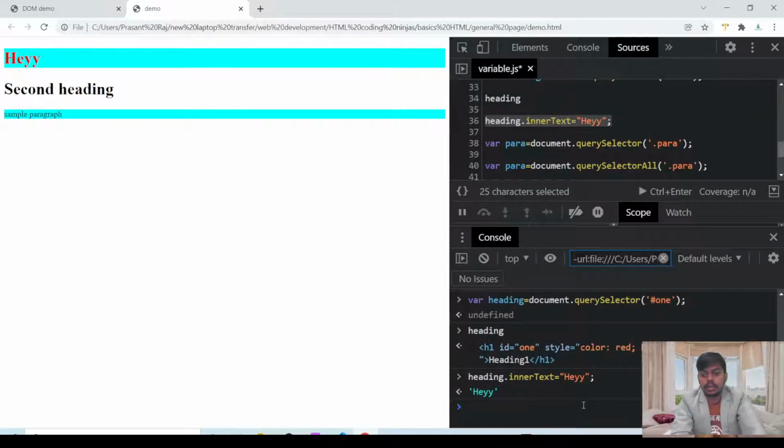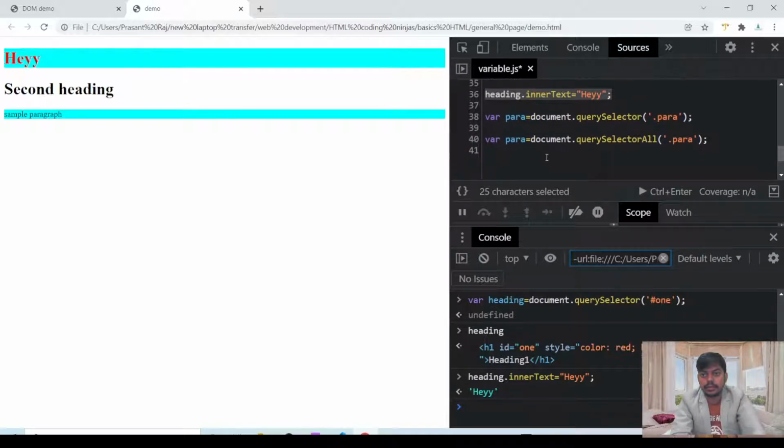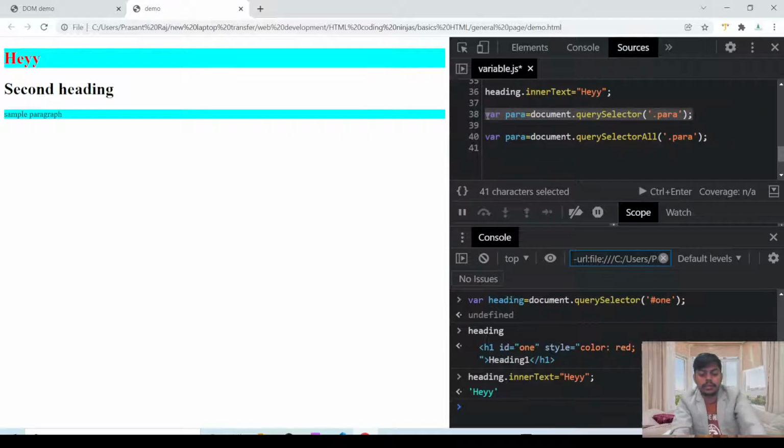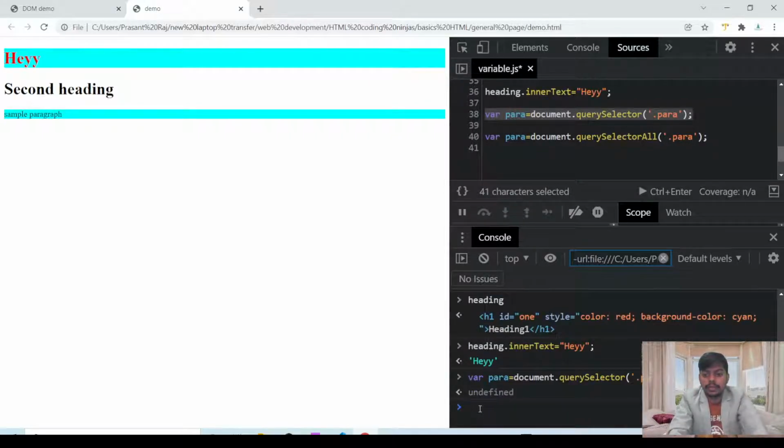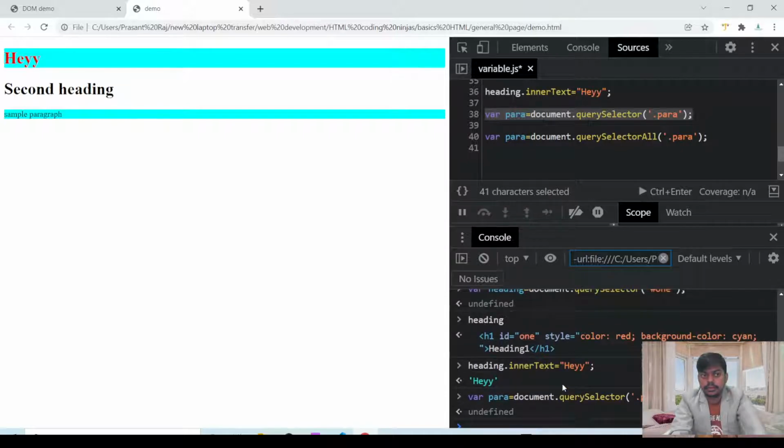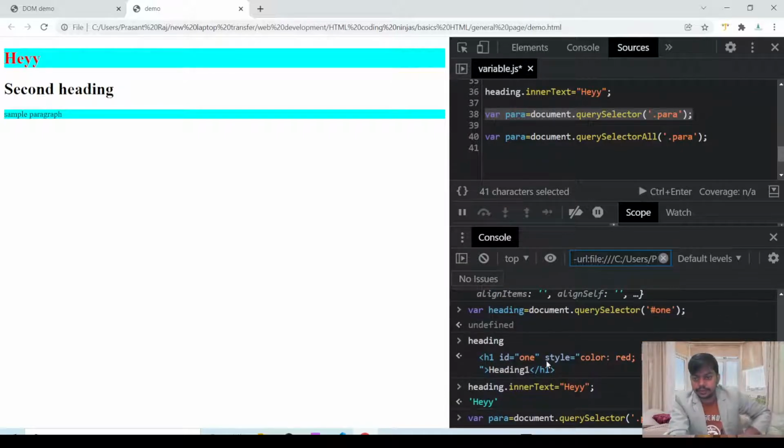You can see the inner text has been changed. You can even use the para, using dot CSS selector, dot for class name. You can use it for selecting dot para. You can see one thing, that when we have used document dot query selector hash one,